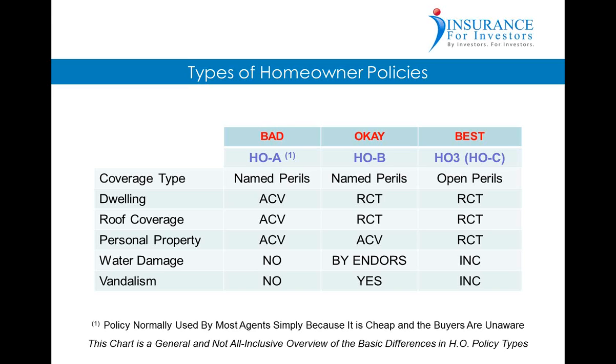If anything happens that is not listed in the policy, it is by default not covered. The dwelling, which means a physical structure, is only covered at actual cash value, no replacement cost. Same holds true for the roof. So any hail claim, it may be a $10,000 claim, but by the time the adjuster comes out and does the depreciation and all the claims math, that insured may get a $3,500 check to replace a $10,000 roof.